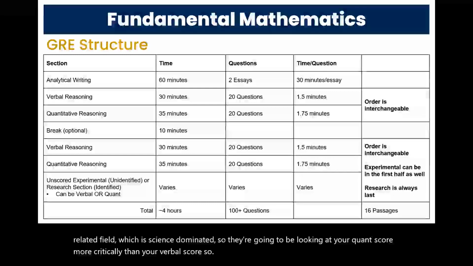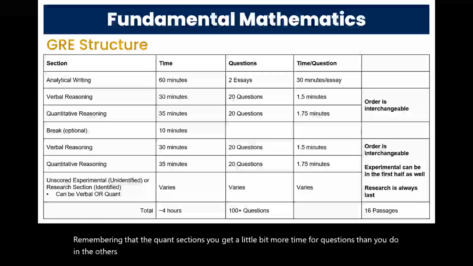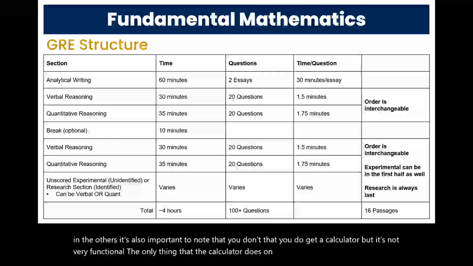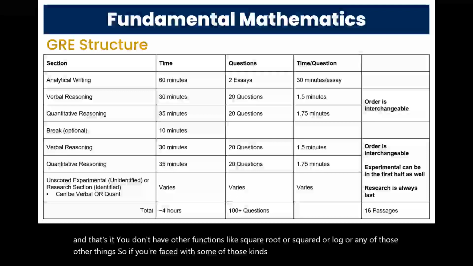Remembering that in the quant sections, you get a little bit more time per question than you do in the others. It's also important to note that you do get a calculator, but it's not very functional. The only thing that the calculator does on the GRE is plus, minus, times, divide, and that's it. You don't have other functions like square root or squared or log or any of those other things. So if you're faced with some of those kinds of questions, you have to learn how to deal with them